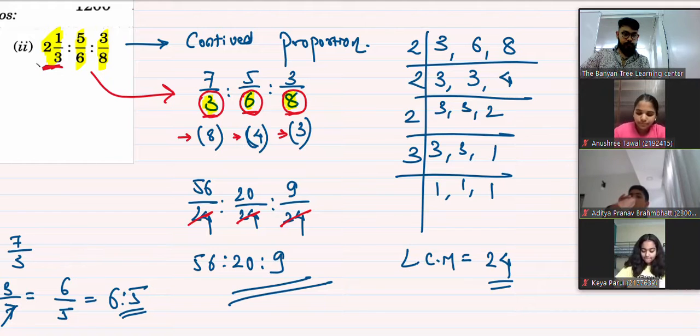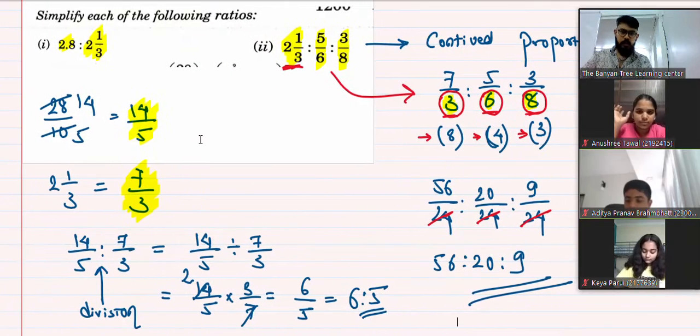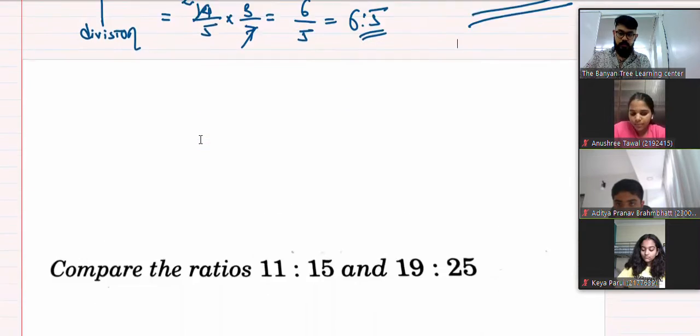देखा आपने? इजी है या नहीं है? थोड़ा टेक्निक्स है जिसको याद रखना है. रेशियो प्रोपोर्शन कोई डिफिकल्ट, कोई चैलेंजिंग चैप्टर नहीं है. ये 1 या 2 दिन का मैक्सिमम चैप्टर है. I am going to do all the solved examples which are there today in my lesson plan. I'm not going to leave a single one for you, but I'm going to give you a good amount of homework so that you can practice similar questions.